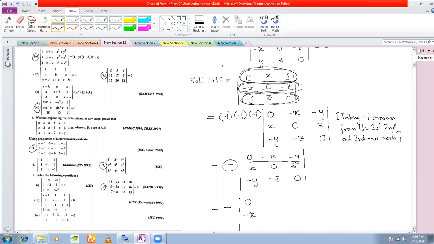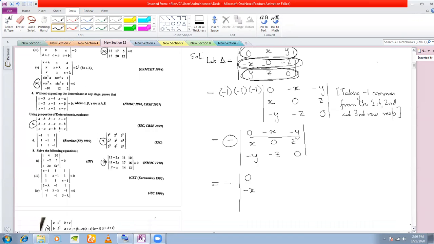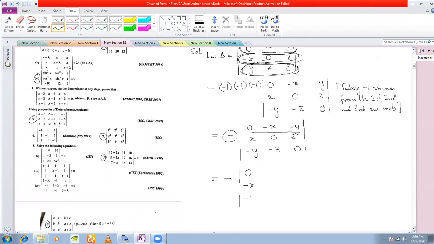We don't start from the LHS, we write delta. Okay, there's a reason behind this. Let delta is equal to. Okay, now we proceed. So we interchange, we make the first row into the first column and the third row into the third column. So what do I get? Let me first write the reason, then I'll tell you: interchanging the rows and columns.